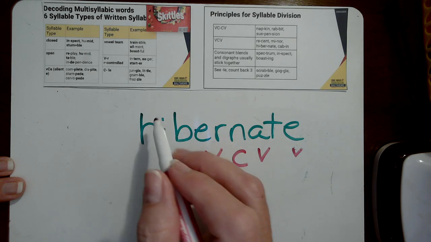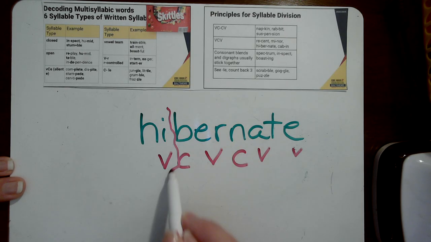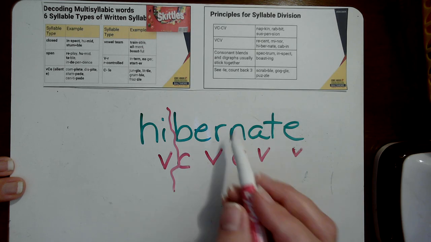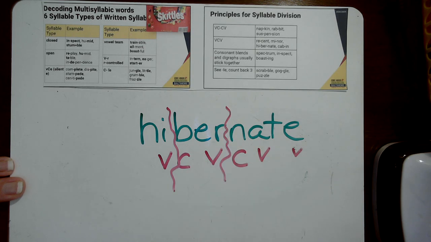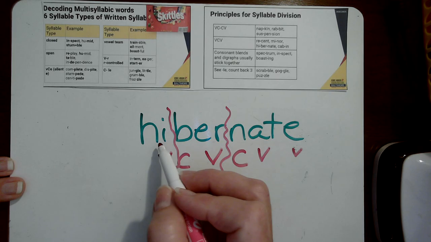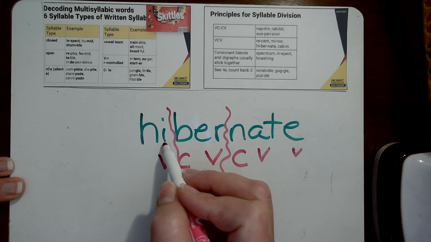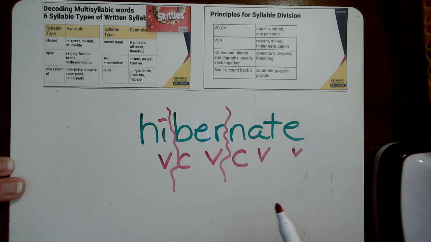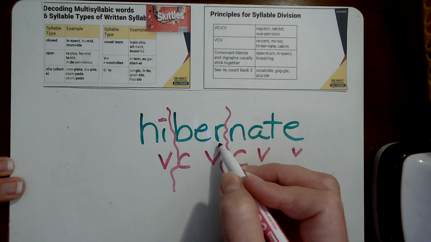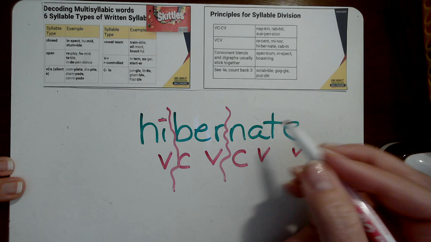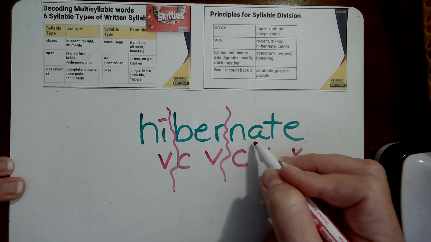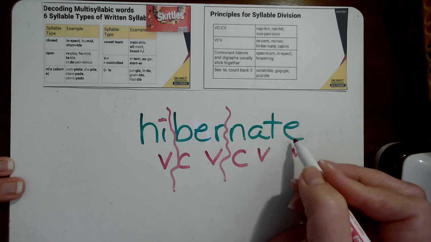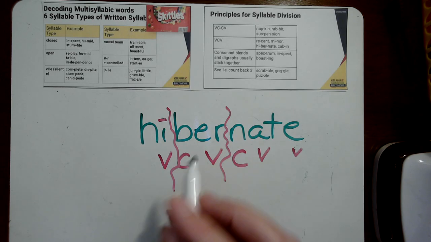I'm going to immediately go behind the first vowel when I see that pattern, and here I'm going to go behind the vowel again and try that out. Here this would be an open syllable because there's no consonant directly behind it within the syllable. So a long vowel sound. Here I recognize ER, so I've got that, and then here I see a consonant E, 8. So with this knowledge I would decode